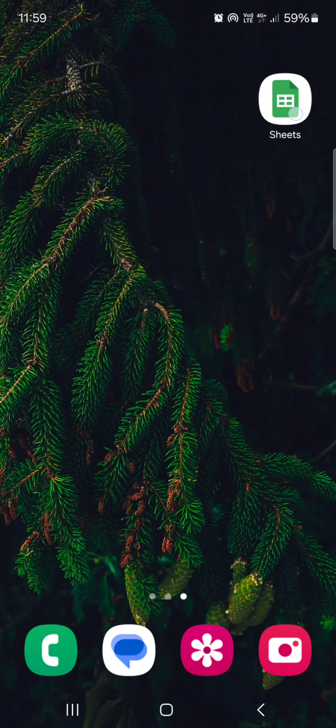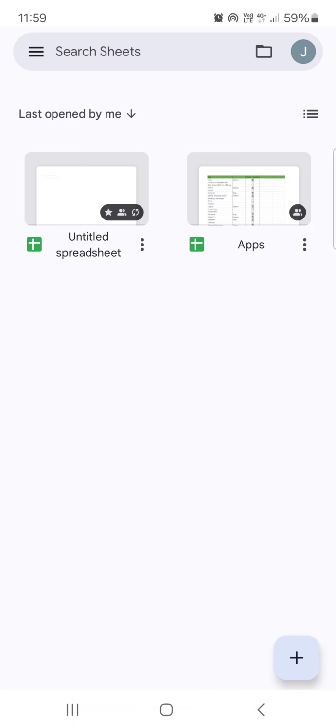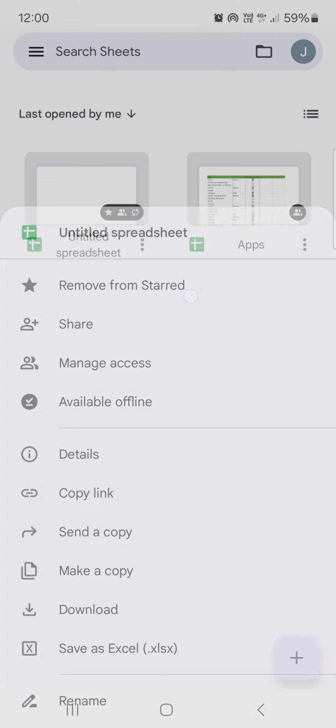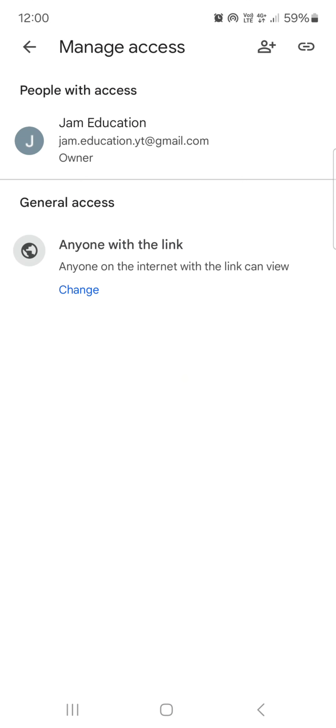First we have to open up Google Sheets, and here it opens up in this view. From here we just have to select the document that we want to edit, and then tap on the three dots next to its name. Then tap on Manage Access, and if the document is set